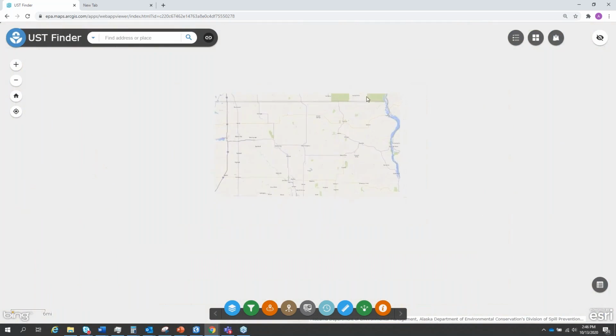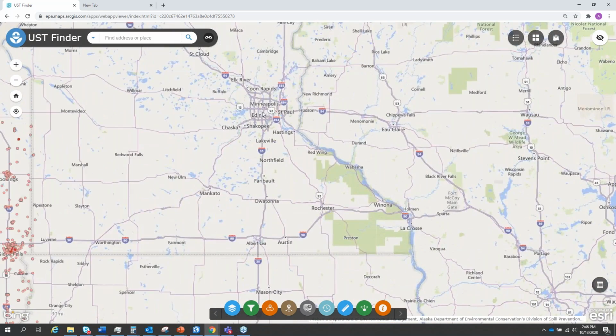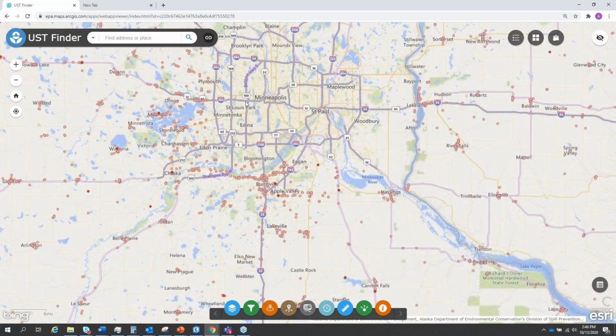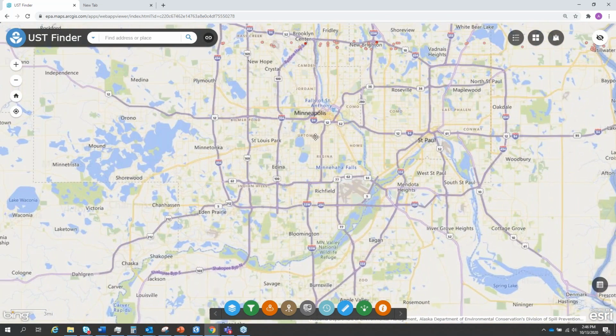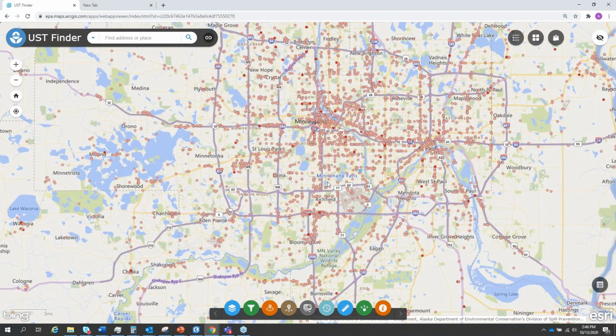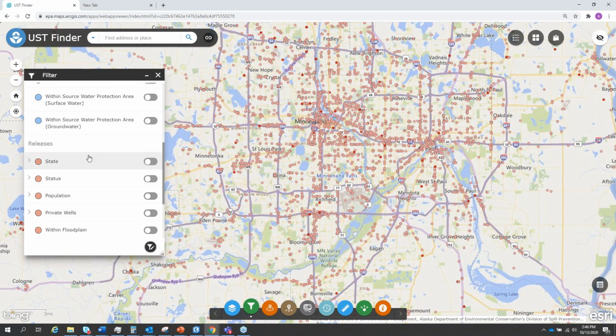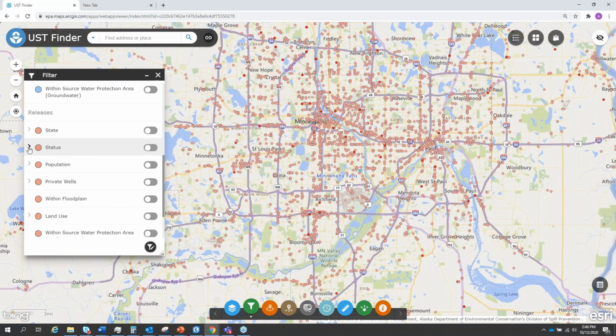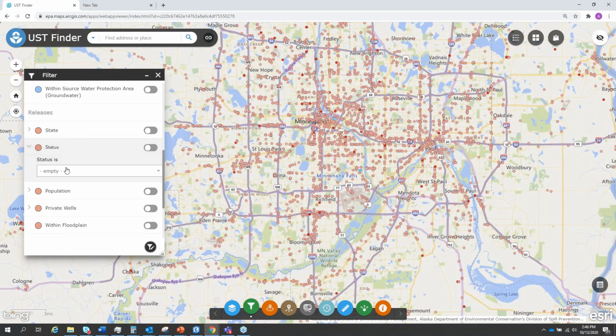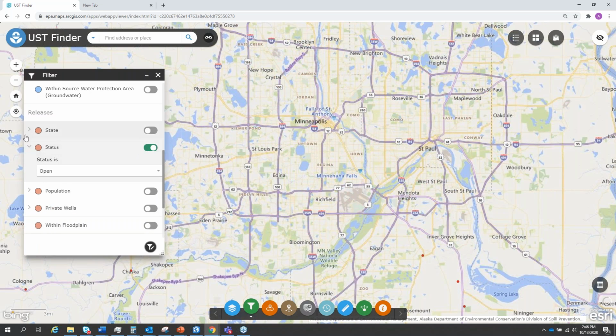Now let's go up to Minneapolis. And like with the facility layer, you can also start to filter and triage the leaking underground storage tank sites. So here, let's just say I'm in Minneapolis and I am interested in releases that are currently open.